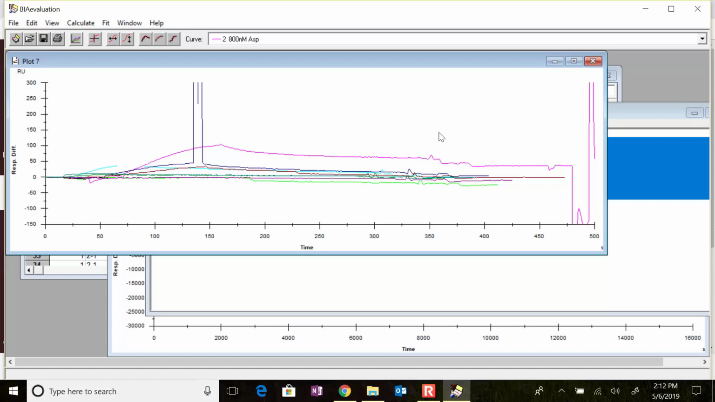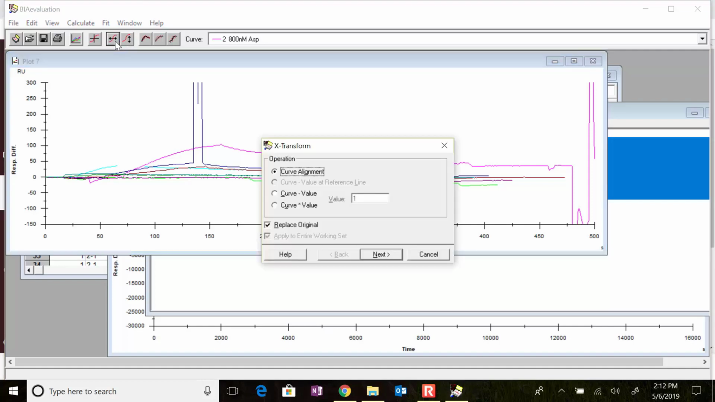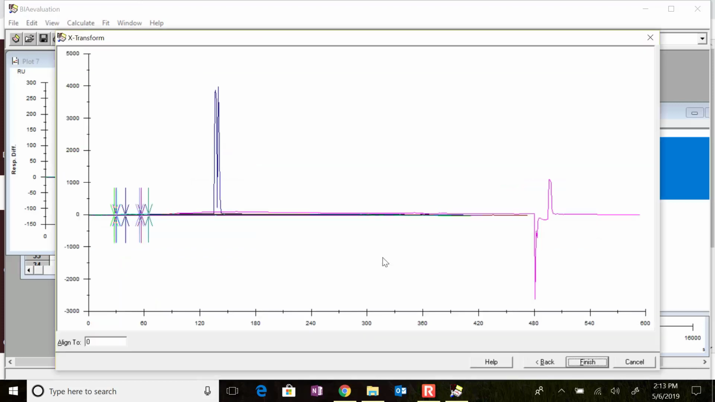I like to get the X's lined up first. You can actually do these in either order. Right here is the X transform button and the Y transform button. This is how you line up on the axes. So I'm going to do X transform first, and I'm going to say curve alignment, and I'm going to want to replace original, and I'm going to say next. And now it's given me this little thing